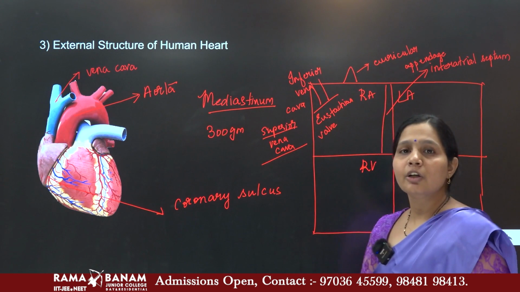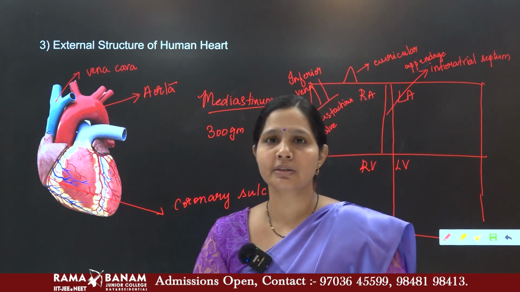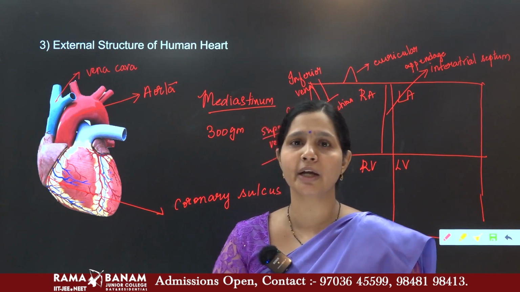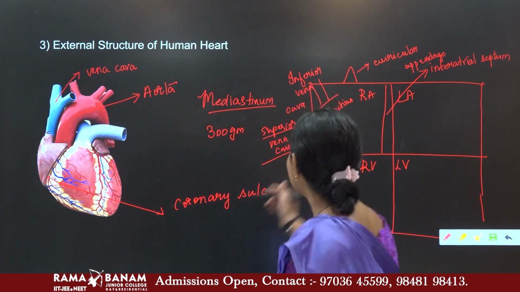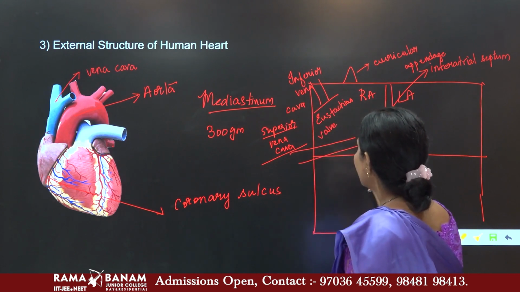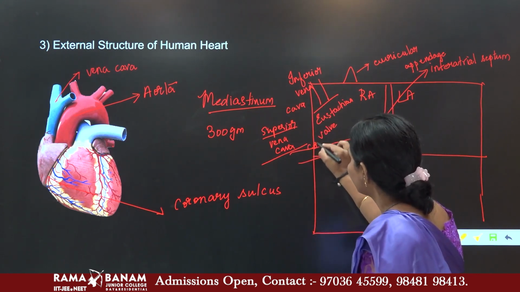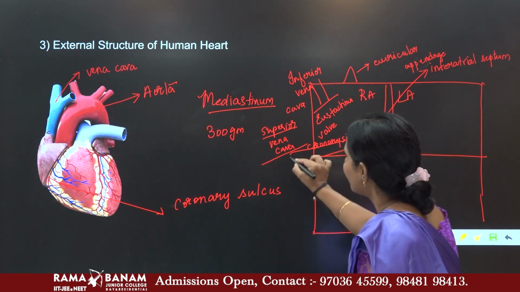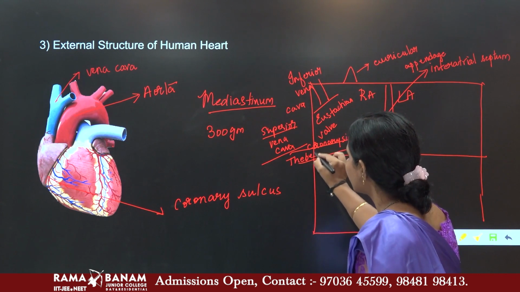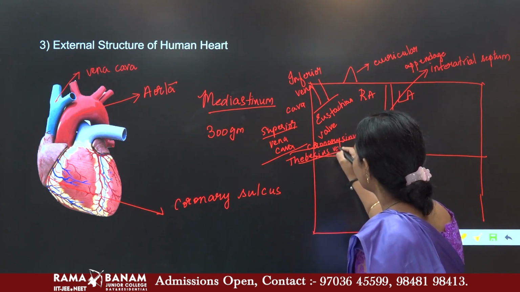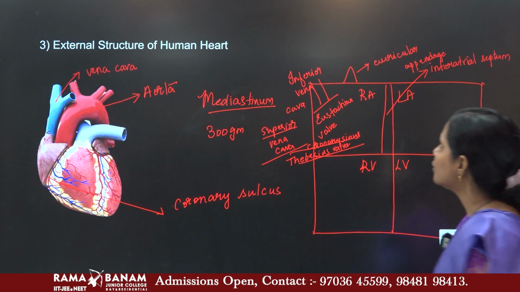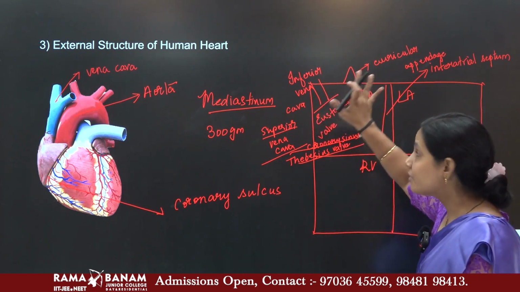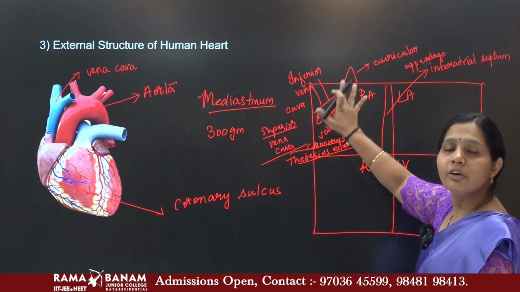right. And then the coronary sinus, the system that carries blood to the muscles of the heart, also brings blood into the right atrium and is guarded by a valve which is known as the Thebesian valve, right. So, this is all about the right atrium, which receives the deoxygenated blood from different parts of